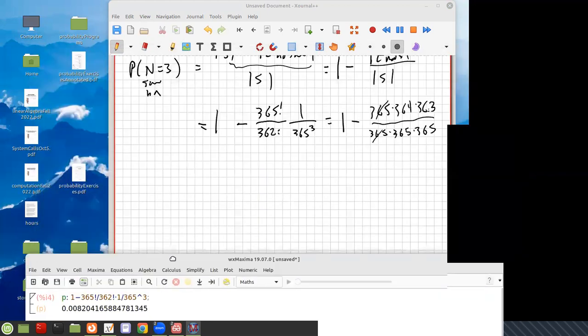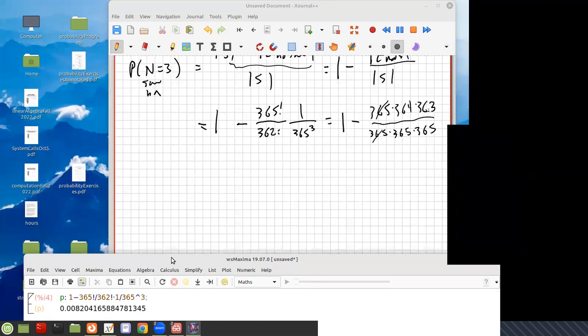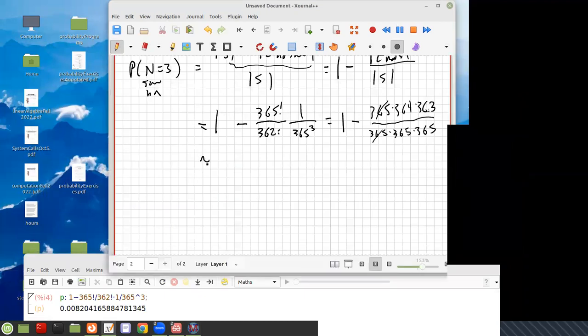So from wxMaxima, this number is approximately equal to 1 over 100. So it's pretty rare. Okay, so let's